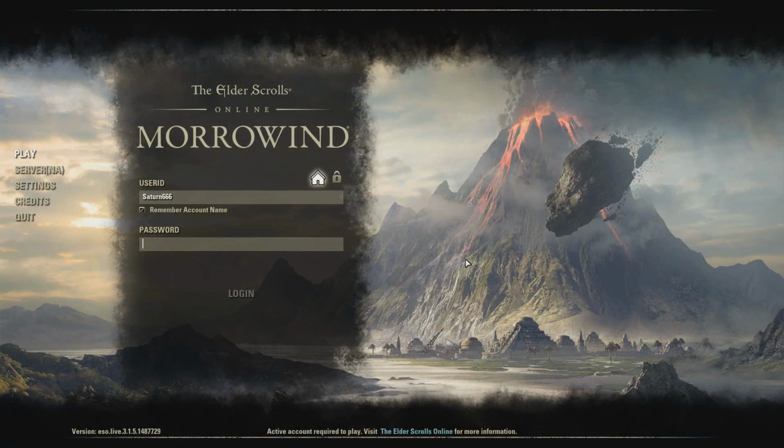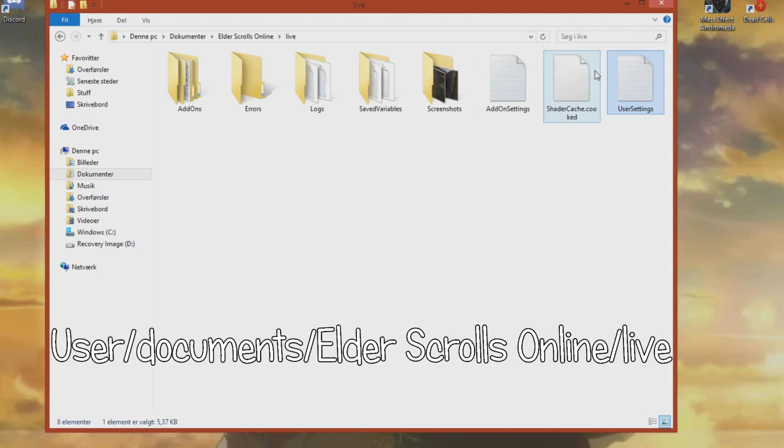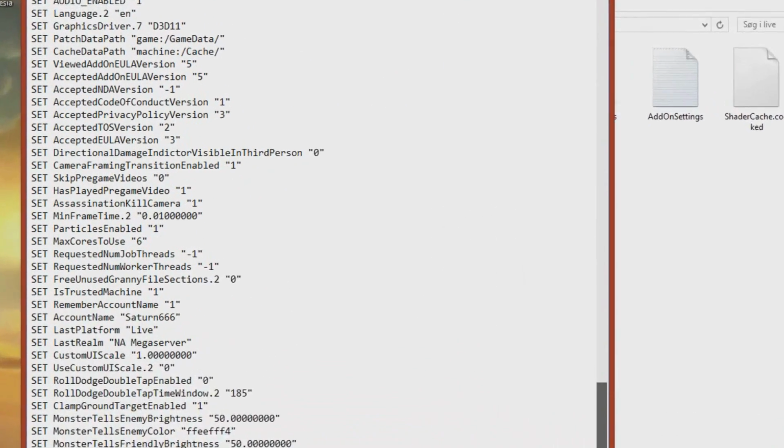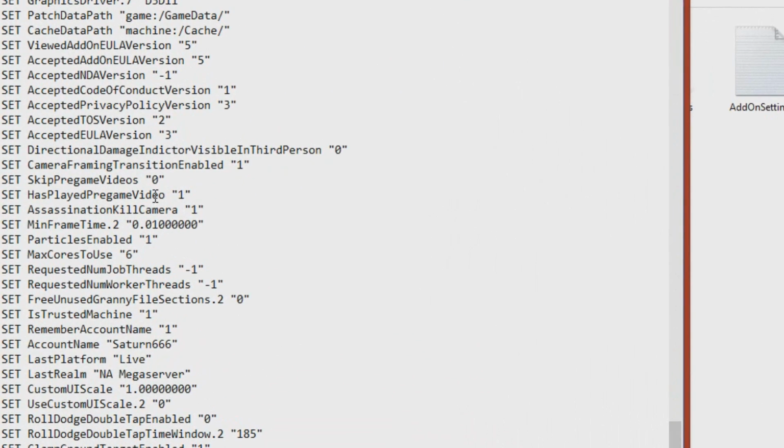This next thing requires a tiny bit of tweaking of a game file, and is only possible to do on the PC. If you have ever thought that the intro videos were too long whenever you load up the game, then this is the solution for you. By going into your documents and finding the Elder Scrolls Online folder, then clicking Live, you will find a file called UserSettings, which you can open with a notepad. After opening it, scroll all the way to the bottom and find a line that says